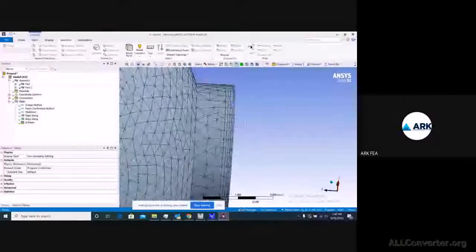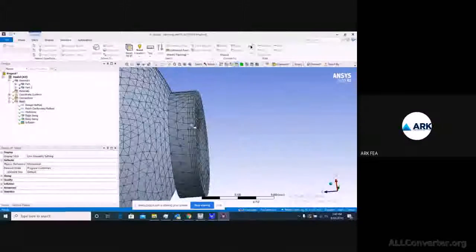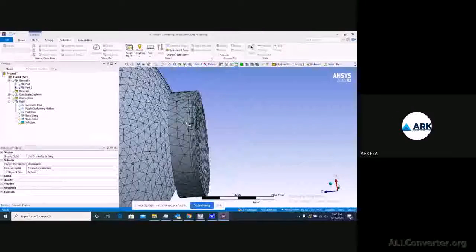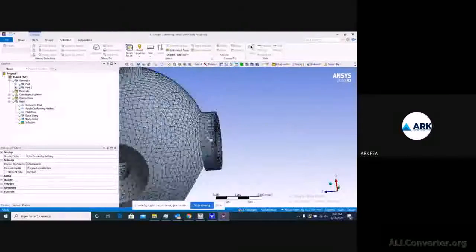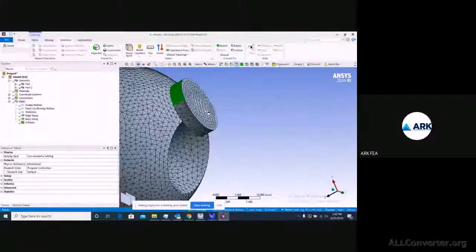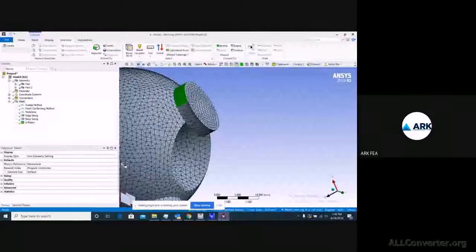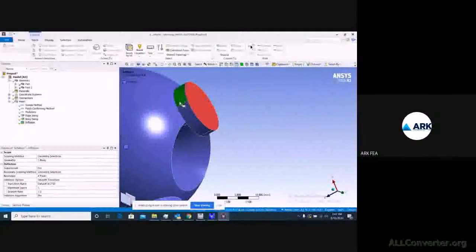Right, so if you look at this part, when you select this part as a reference, your inflation is going to be created here. So you need to select this surface to have an inflation on this part. So you can change it.